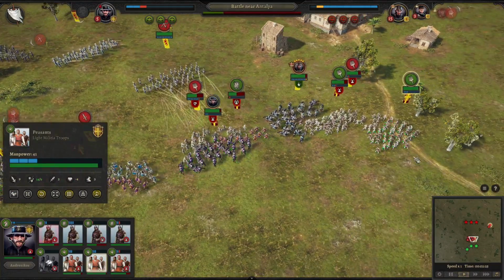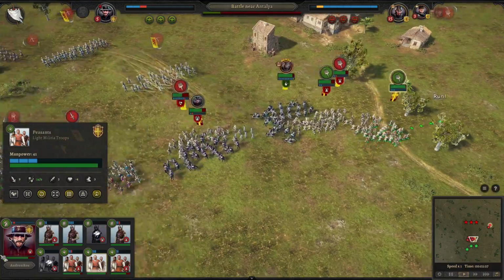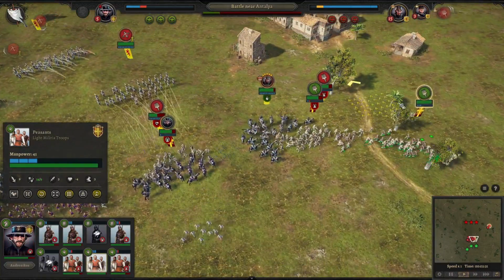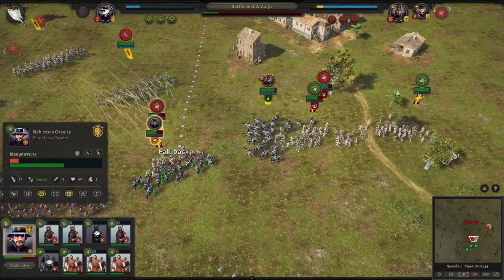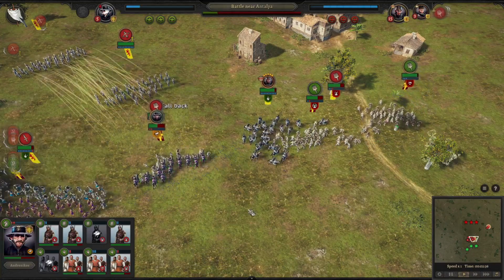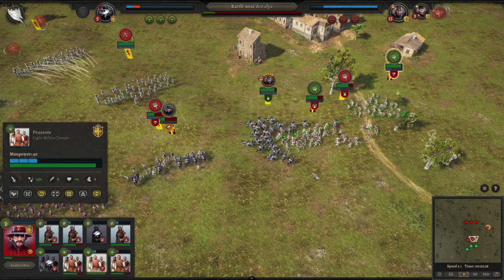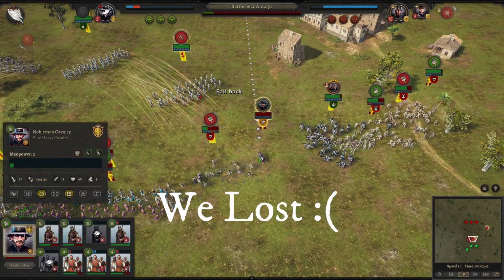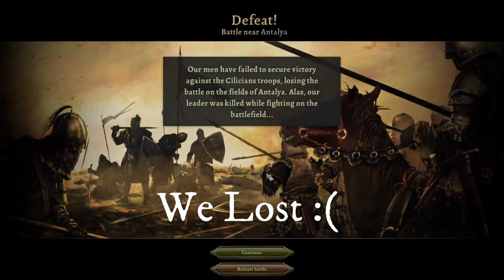Our army's morale is suffering. Some of our soldiers have fled. See if we can get around and kill this general quickly. Oh, our archers are gunning them down. Our troops deserted the battlefield as their leader...